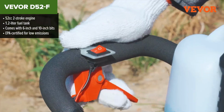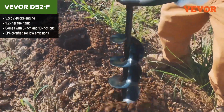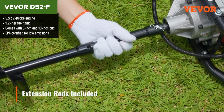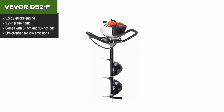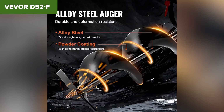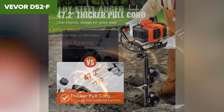Next up is the VEVOR D52F, a robust 52cc earth auger designed to tackle tougher tasks. It's a standout in versatility, as it includes 2 auger bits, one 6 inches and one 10 inches in diameter. With a 1.2 litre fuel tank, you'll get longer operational times between fuels, and it's even EPA certified, making it